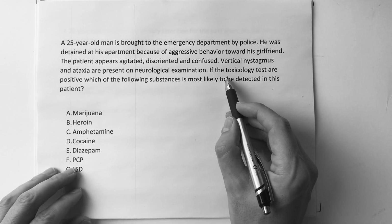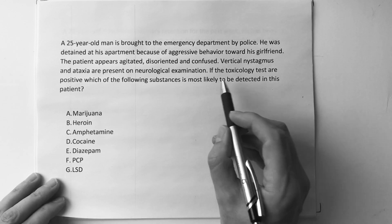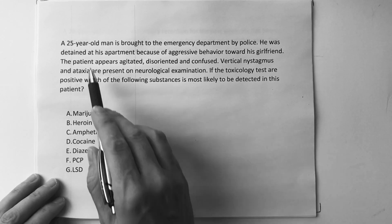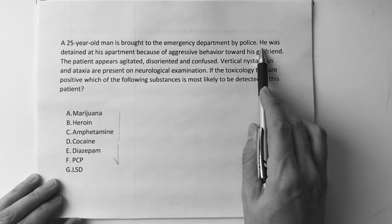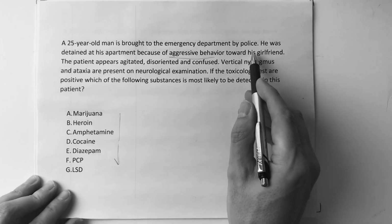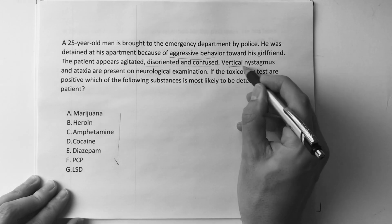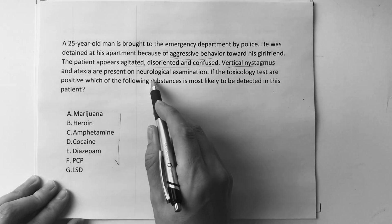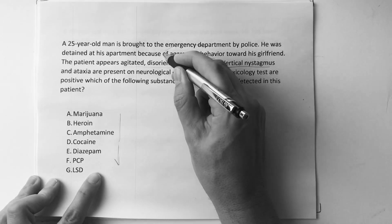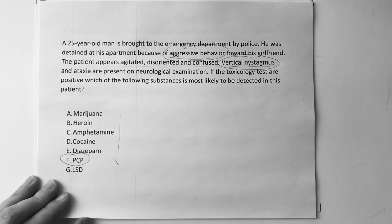All right, guys, it says, if toxicology tests are positive, which of the following substances is most likely detected? You look through these, and it looks like there's a bunch of drugs here. A 25-year-old man is brought to the emergency department by police. He was detained at his apartment because of aggressive behavior toward his girlfriend. The patient appears agitated, disoriented, and confused. Vertical nystagmus and ataxia are present on neurological examination. Okay? So, whenever you see step one, aggressive behavior and/or vertical nystagmus, you got to be jumping all over